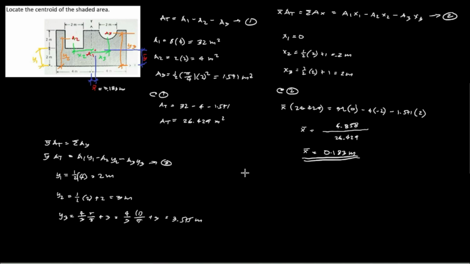Y sub 1, which is 2 meters, y sub 2, 3 meters, and y sub 3, that's 3.575, at equation 3. At equation 3, so y bar times area total, 26.429, is equal to area 1, 32, times y sub 1, or 2 meters, minus area 2, that's 4, and y sub 2 is 3 meters, minus area sub 3, which is 1.571, and y sub 3, 3.575,